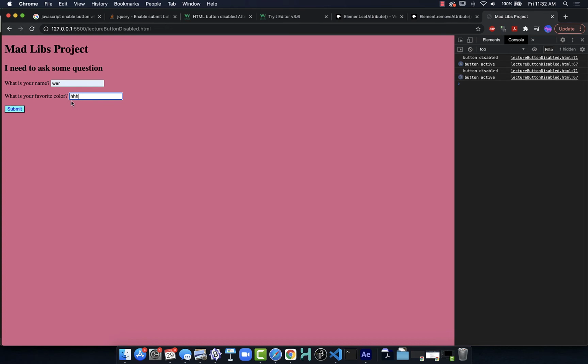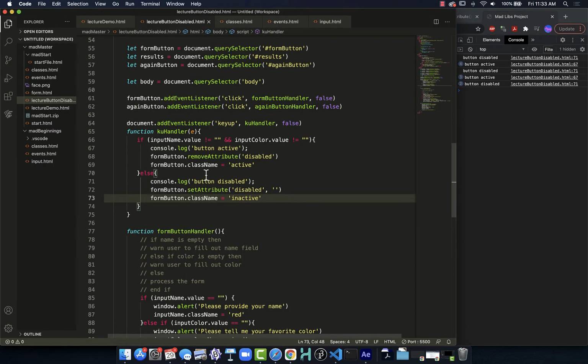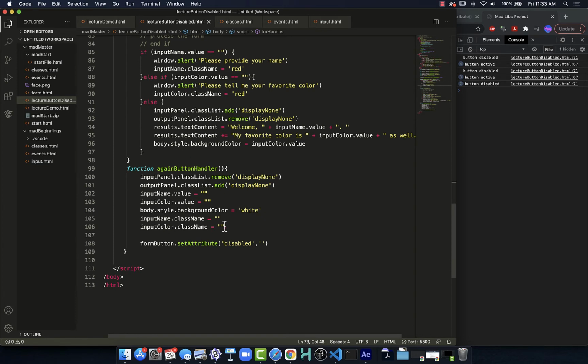So this is a nice way of working with it. Now if I go here, we can see that the button has stayed in its active state. And this is part of some error checking. It's not referencing the key up there, so that happens. So what we probably need to do is in our reset,